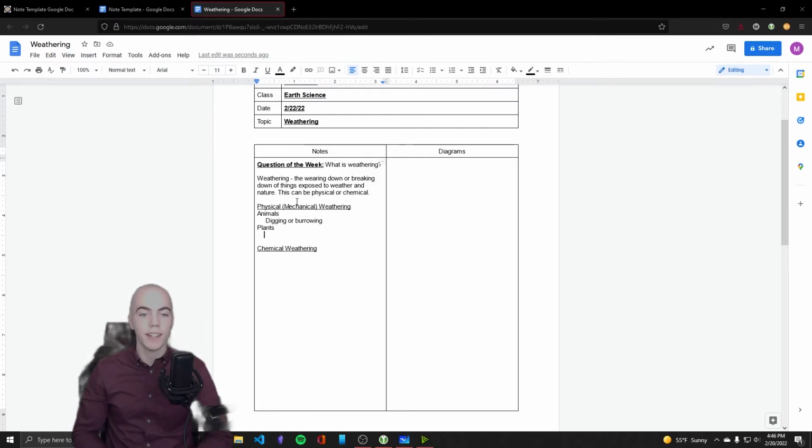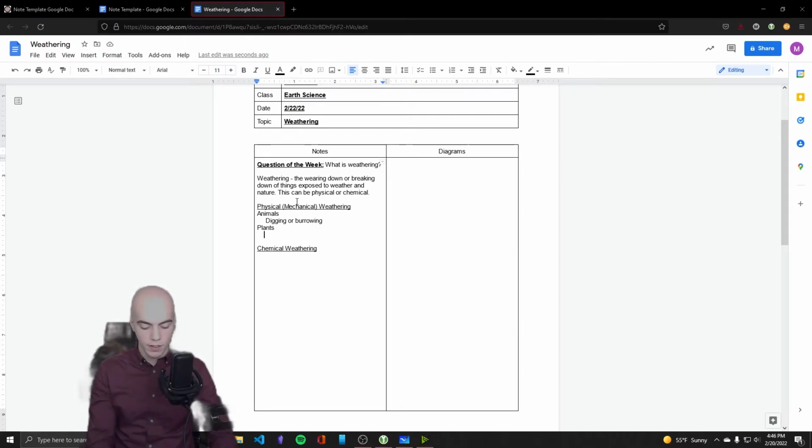How many have ever seen a dandelion growing in the sidewalks? Probably most of us. That's going to destroy the sidewalk. It's going to cause it to have all kinds of cracks. And guess what? You get one, it cracks it a little bit more. That causes room for two. Then those two are growing. That causes room for four. Then those four are growing. And that causes room for 16. And it just keeps going. And it's got this like multiplying effect of making room for more. It's pretty bad. It's not great.